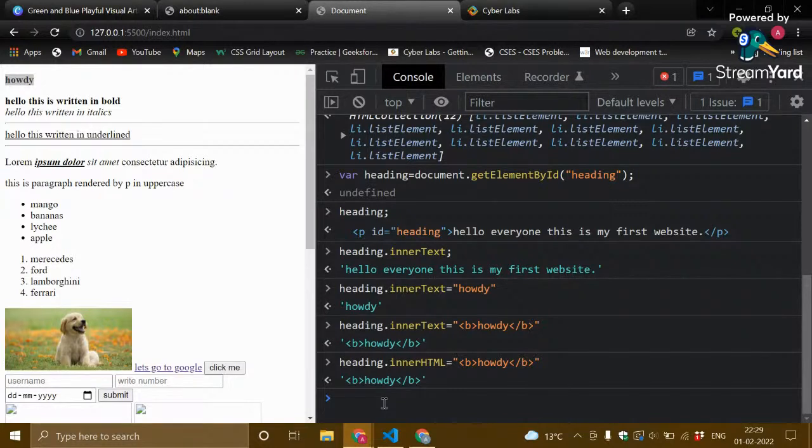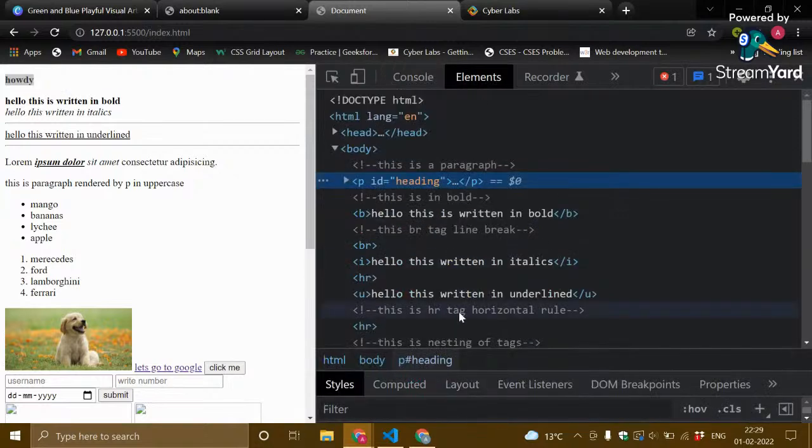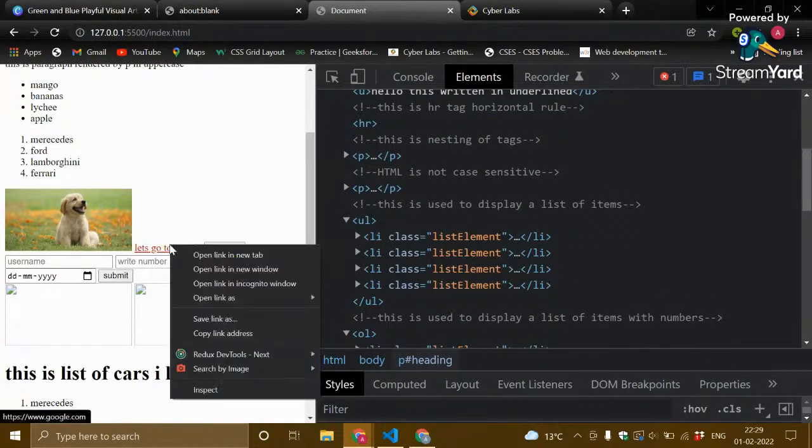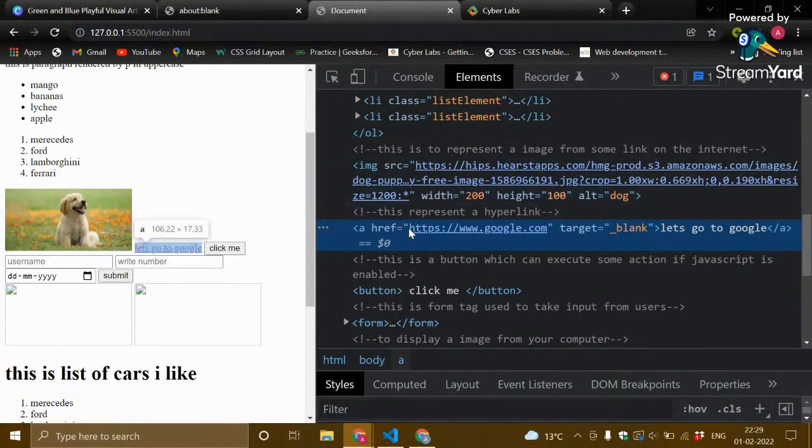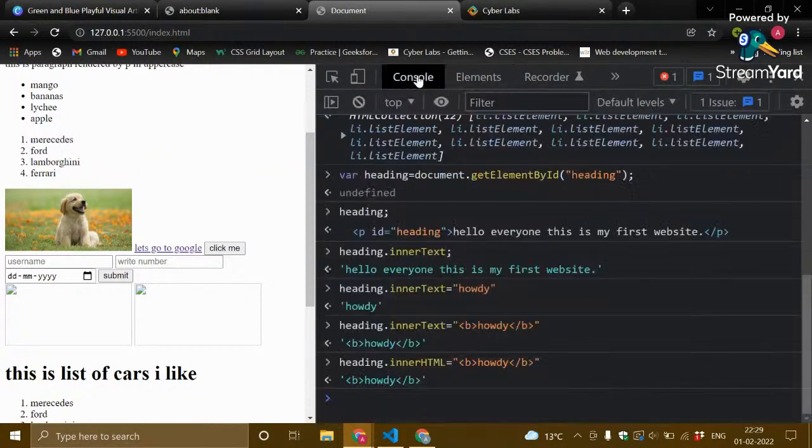Now let's see about changing attributes. How to change an attribute. We have this anchor tag over here. Let's select this anchor tag and change its href attribute to some other URL. We can select this anchor tag